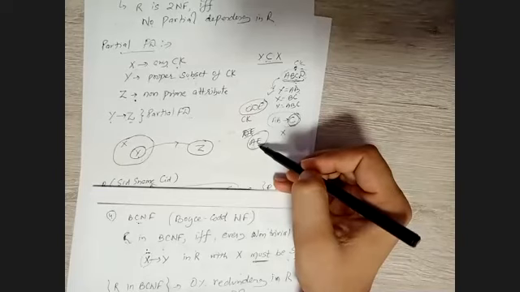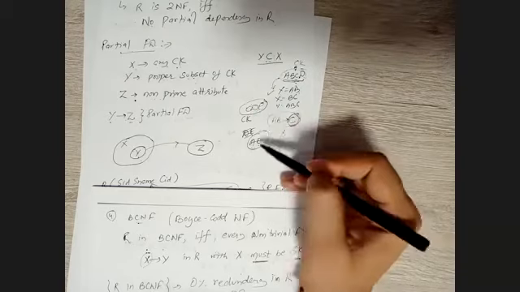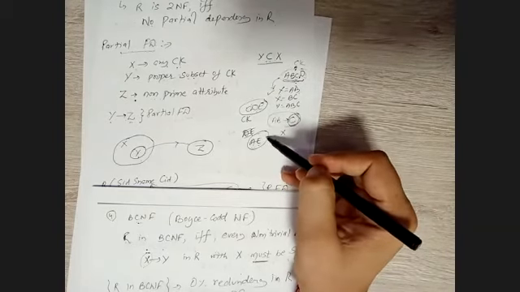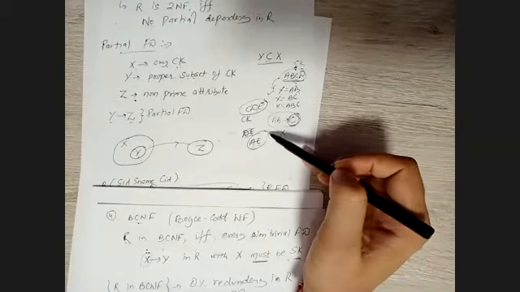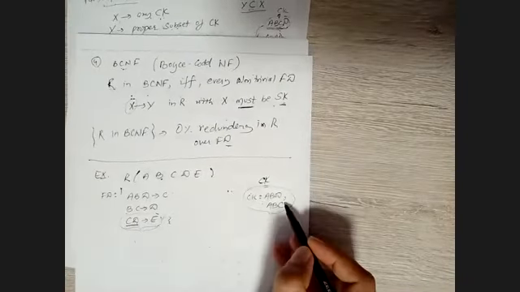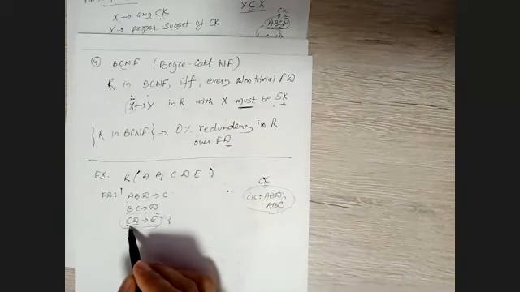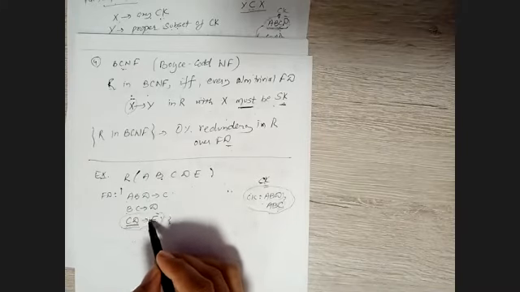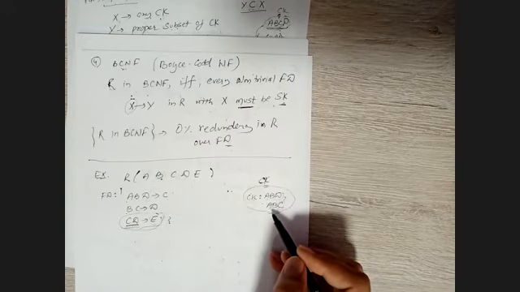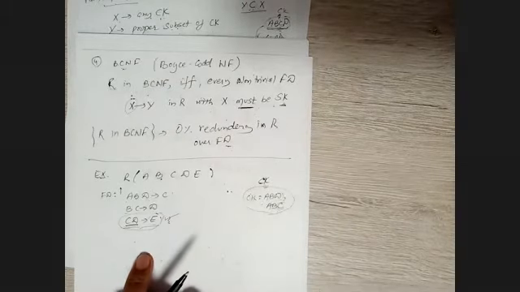see, A and E are prime attributes, understand why? Because A is from here and E is from here, right? But AE is not a proper subset of any of the candidate keys. I mean, all together I'm talking about, not single individual, right? Here, C and D. C is from here and D is from here, right? So it's not a proper subset. Understand? It's not a proper subset, right? And E is okay. E is what? It's a non-prime attribute, right? So there is nothing wrong with this one. Understand?